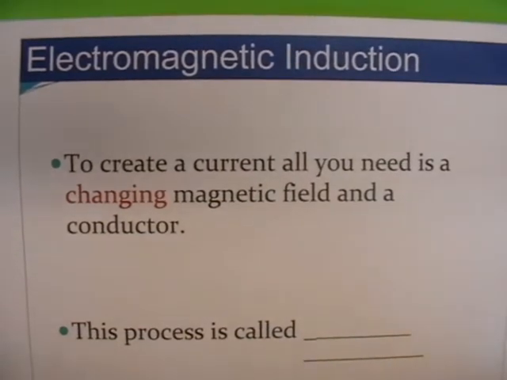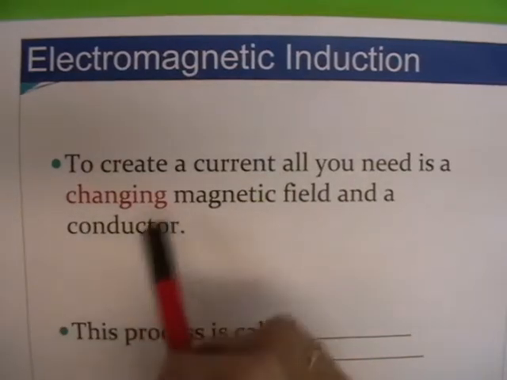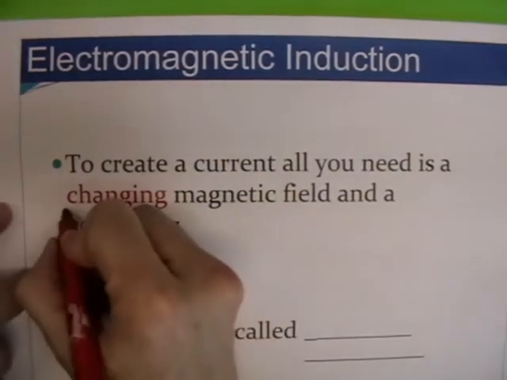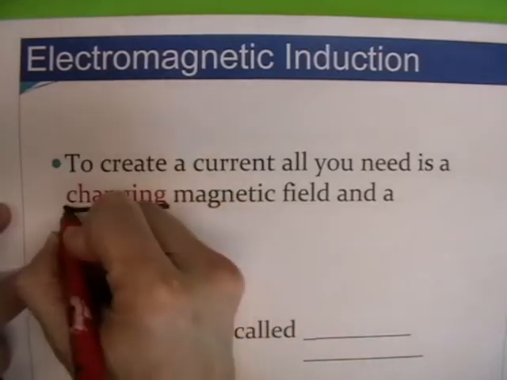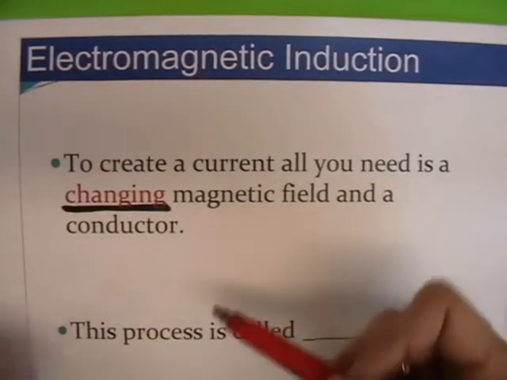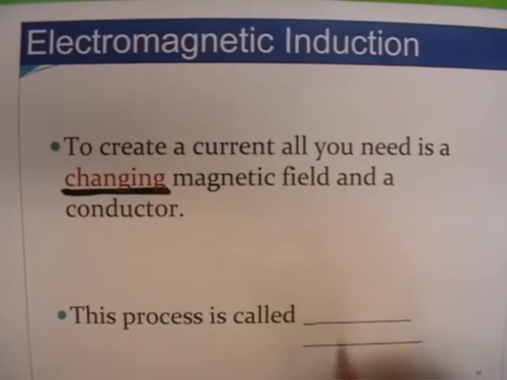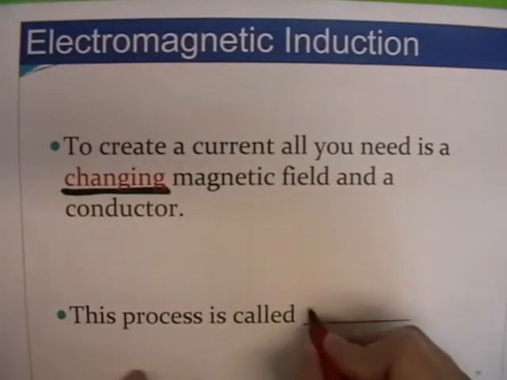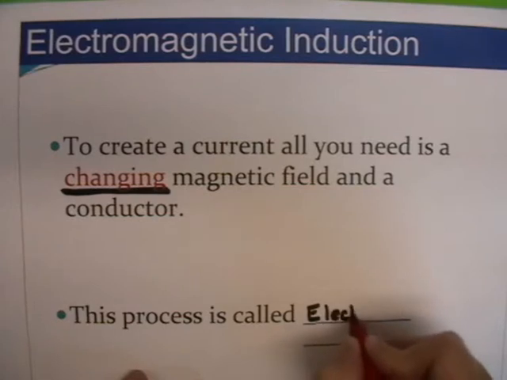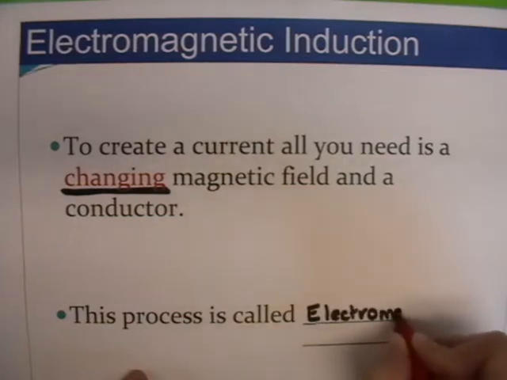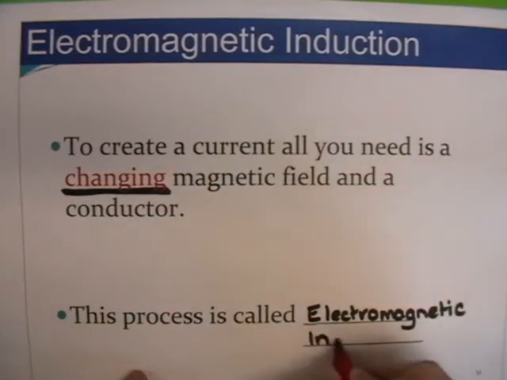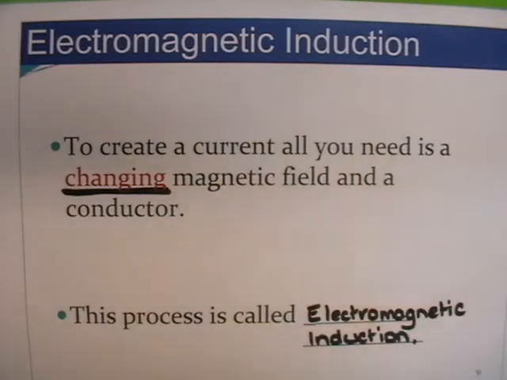And to create a current, all you need is a changing magnetic field and a conductor. So you have to have your magnetic field changing, and I'll explain all the ways that you can change your magnetic field, have some kind of change going on. This process is called electromagnetic induction. And you do need to know the proper name of that because it's very often asked for 1 mark